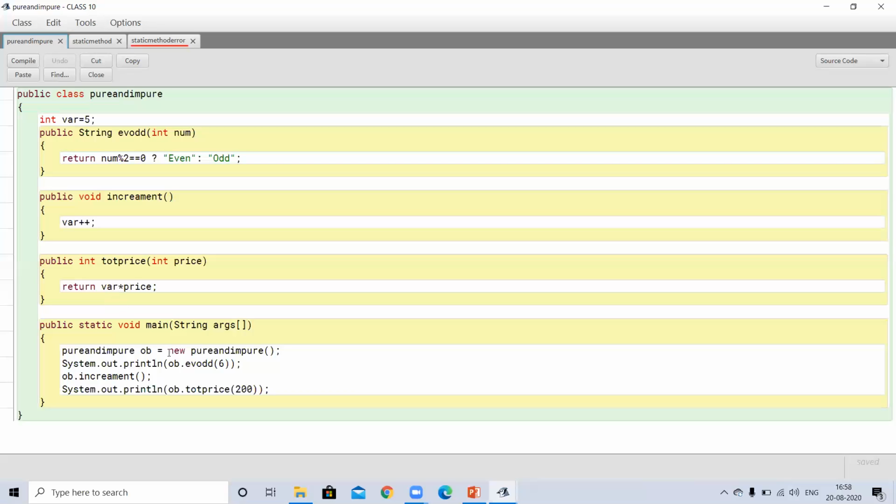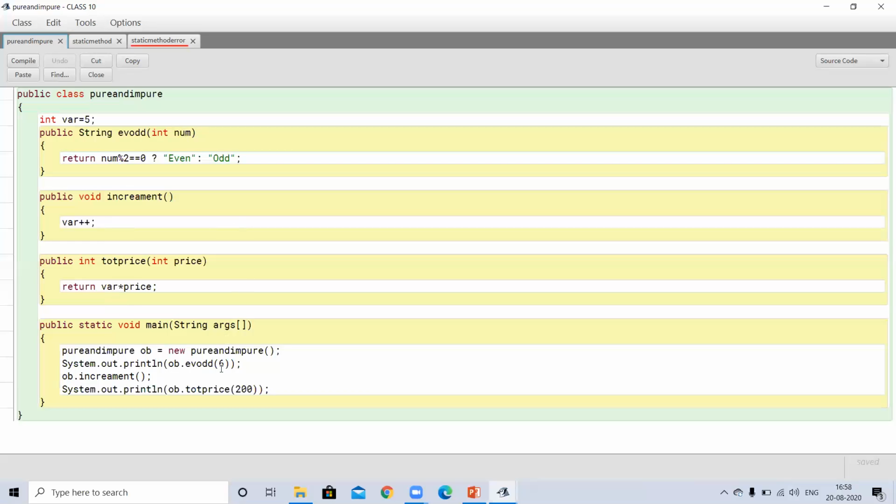Now in main, I will call all these methods. First of all, I will create its object, class object ob. Then I will print ob dot, through the object ob, I will call the function evenOdd, passing the value 6 in the variable num.